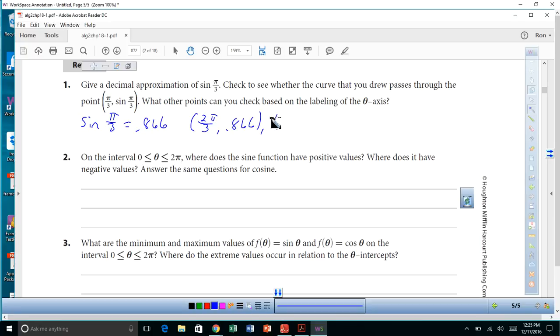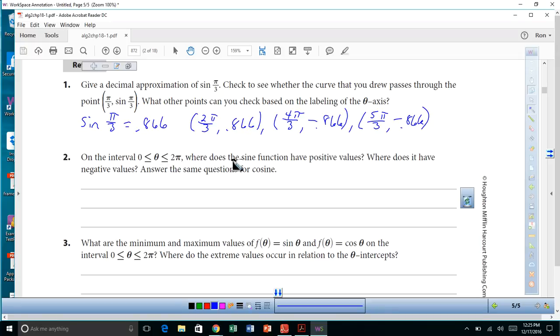You're going to have 4 pi over 3 and -0.866. You're going to have 5 pi over 3 and -0.866. Okay. On the interval 0 is less than or equal to theta is less than or equal to 2